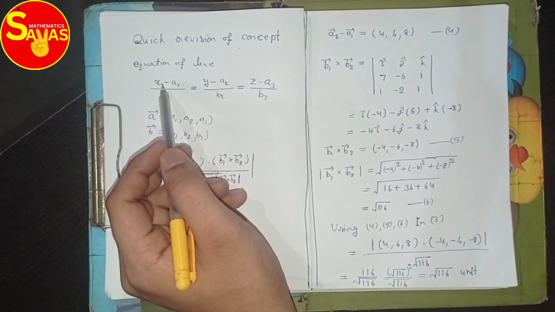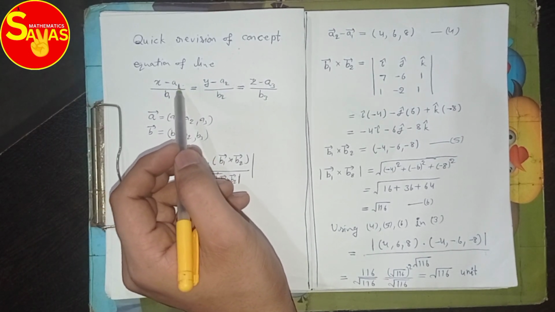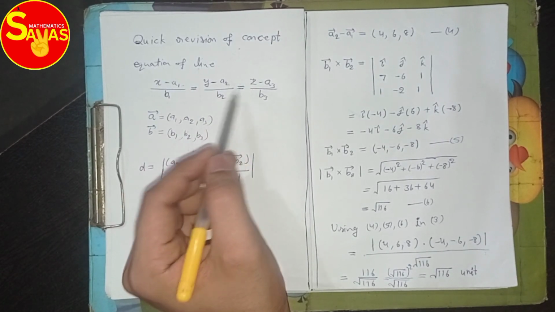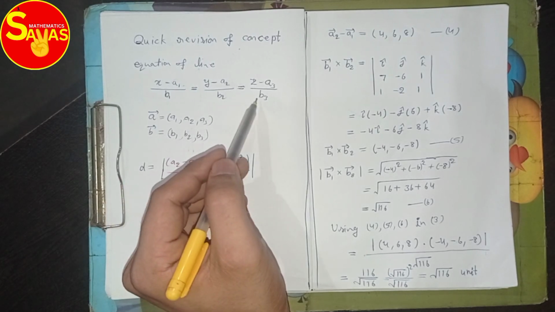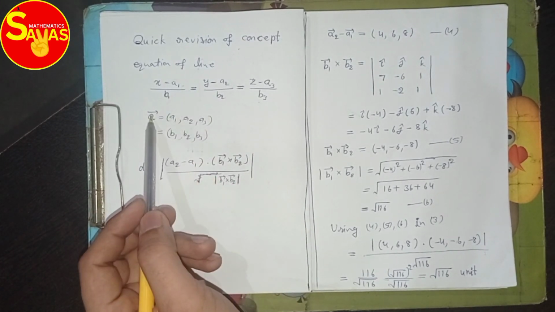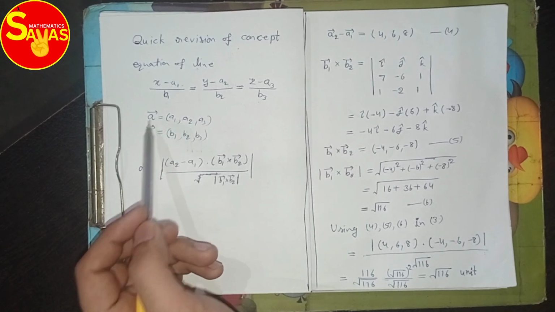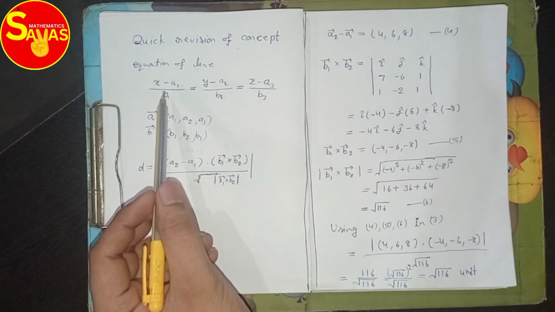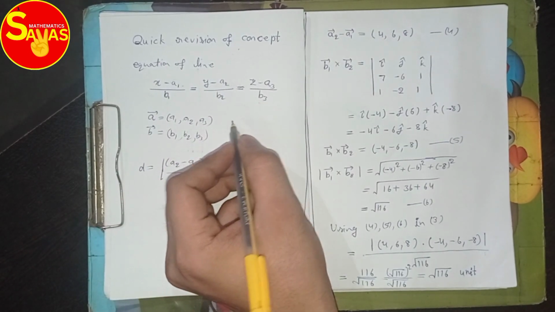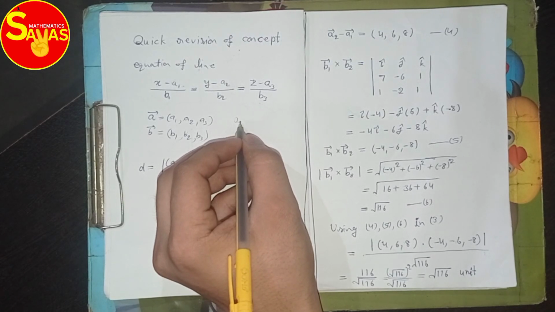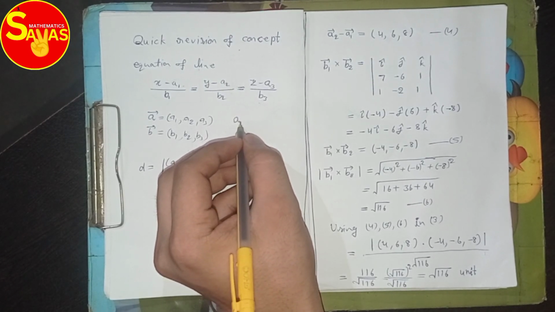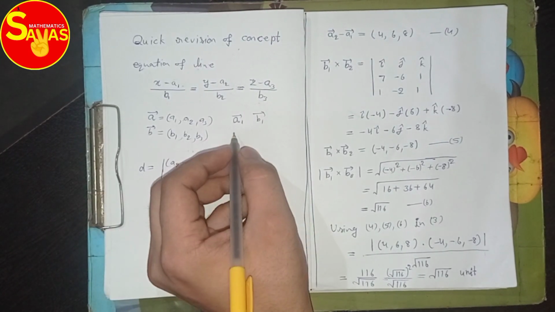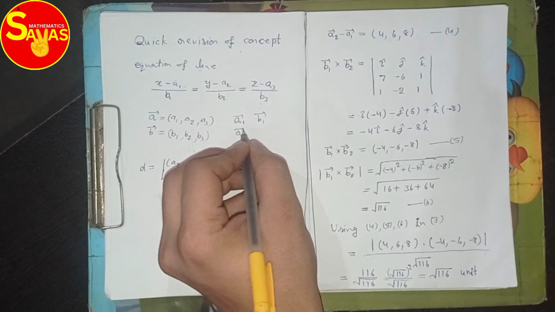First of all, we need to compare both equations of lines with this general equation of line. So here a1, a2 and a3 are the position vector and b1, b2 and b3 are the direction vector. In the equation of a line, these two vectors are given, a and b. So if we find the shortest distance, where two equations of lines are given, the vectors of the first equation of line are a1, b1, and the vectors of the second equation of line are a2, b2.